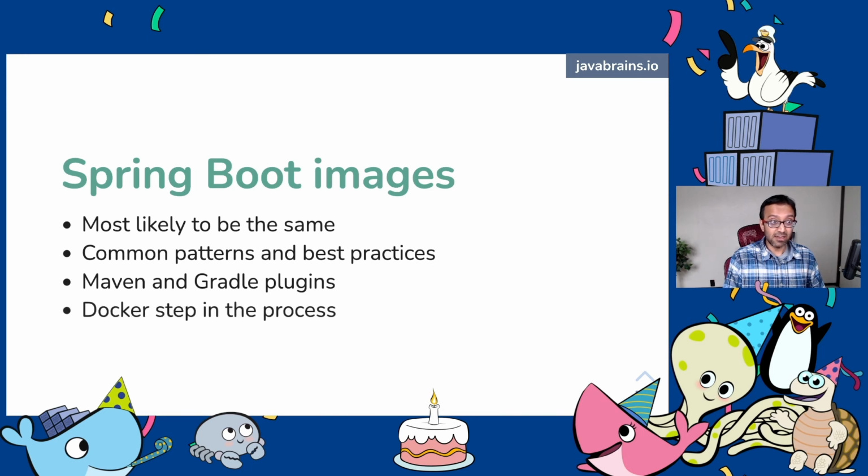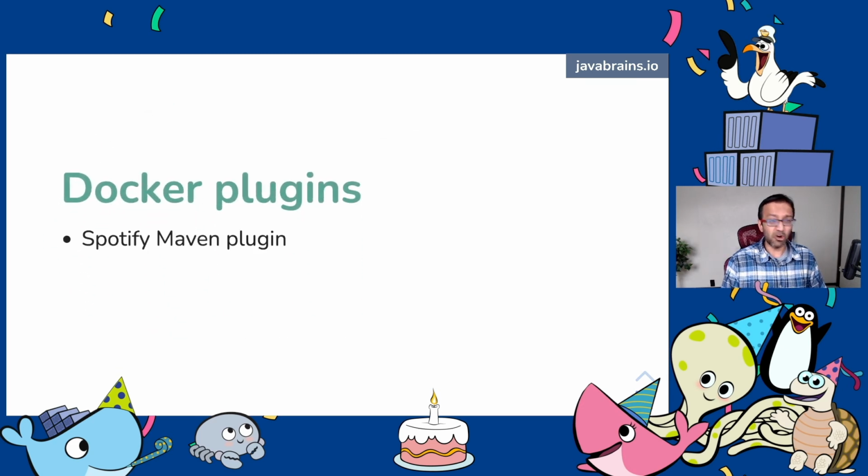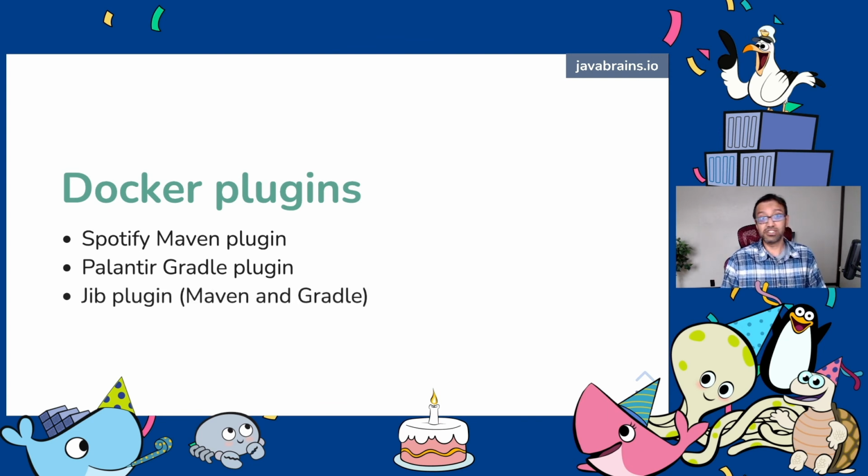So in this way, you basically have the Docker step as a part of your Maven process rather than Maven being a part of your Docker process, right? You're kind of flipping the balance a little bit over here. So there are a bunch of Docker plugins. There is the Spotify Maven plugin, which allows you to create Docker images in the Maven step. You have the Palantir Gradle plugin, and my favorite, the Google Jib plugin, which is available for both